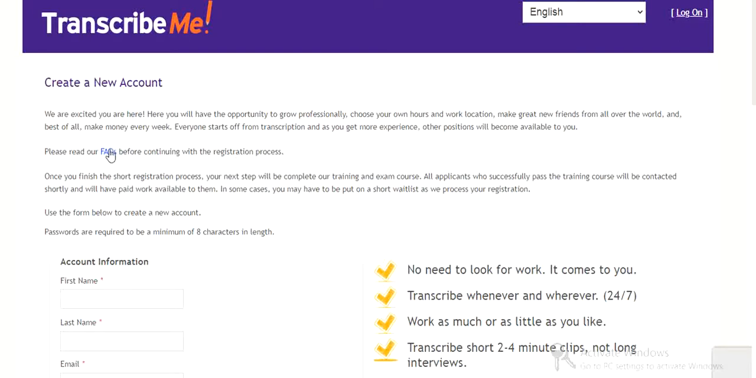So please guys, I know that not everyone reads FAQs and terms of service and thick stuff like that, but please guys, if you're applying for a job, you have to read it. So once you finish the short registration process, your next step will be to complete our training and exam course. And this training is they're going to tell you all about their software and how it works and their transcription guidelines and everything. All applicants who successfully pass the training course will be contacted shortly and will have paid work